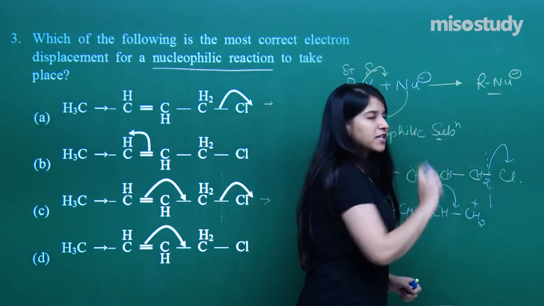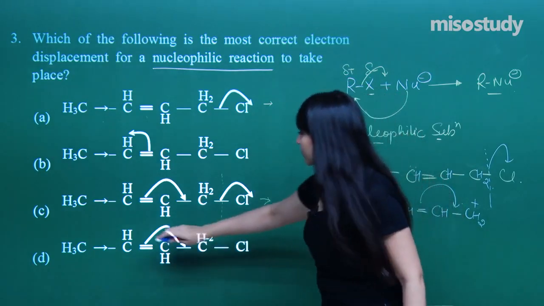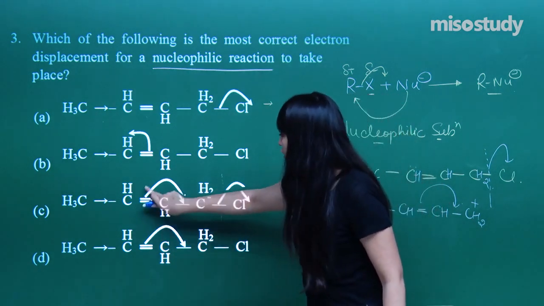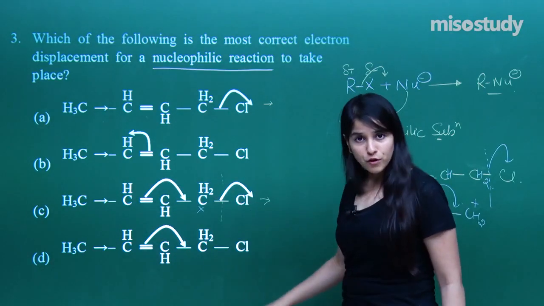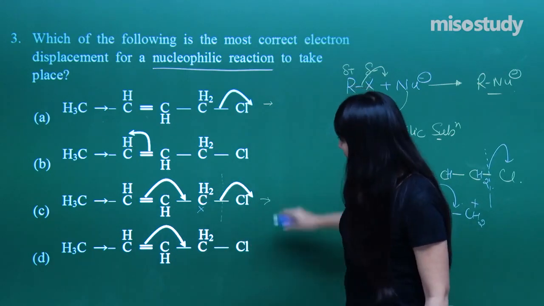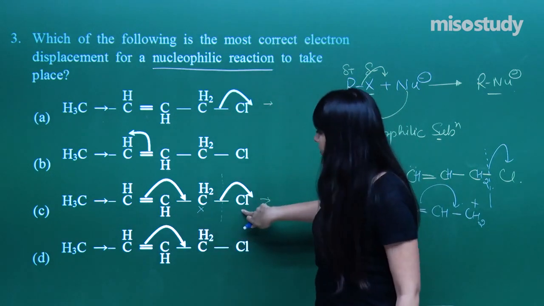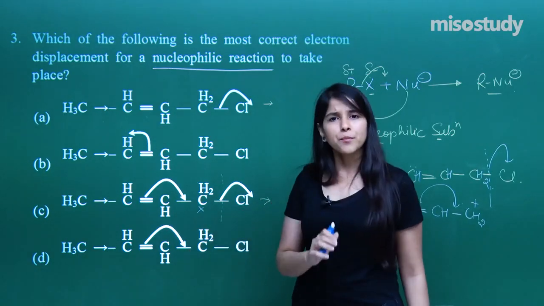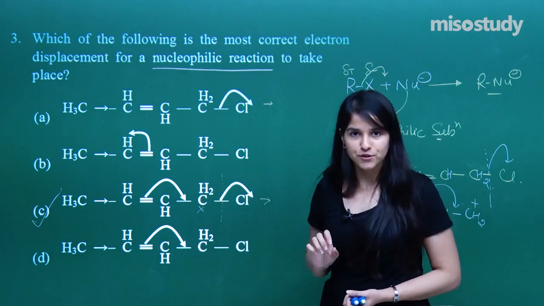That means I have got two steps in my reaction. Where are the two steps given over here? The two steps are given in option C. The chlorine goes off, and in order to stabilize the positive ion that will be formed over here, these electrons will move forward. So there is resonance stabilization as well. I hope that is completely clear to you. We eliminate all the rest of the possibilities, and if we know the proper mechanism, if we know how the process is going on, we can get the correct answer. C is the answer over here. I hope you all have understood it well.